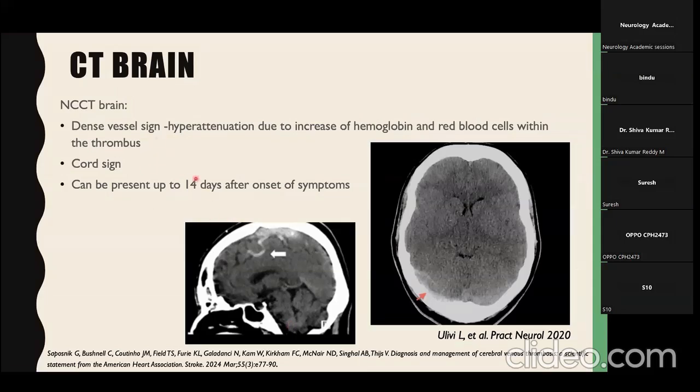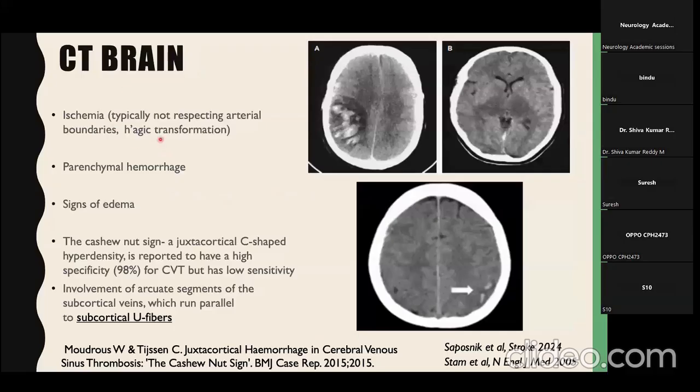These changes can be seen from up to 14 days from the onset of symptoms. Then, CT brain can identify the ischemia and also hemorrhagic transformation, and you can see the hemorrhagic transformation in the infarcted area with the mass effect. And also